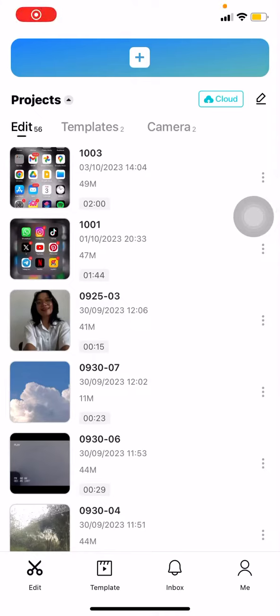Hello everyone, welcome back to this channel, and today I want to share a tutorial on how to add a photo